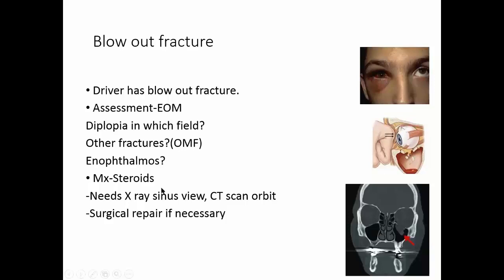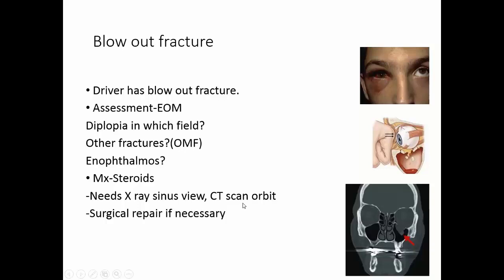or the floor. So this is what you see in the CT scan. You can see the orbital contents in the maxillary sinus. These patients need steroids, and to see this you need to order an X-ray sinus view, not just the X-ray skull, lateral and frontal. You have to ask for the sinus view if you are only having X-rays,